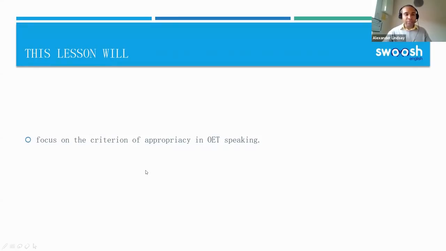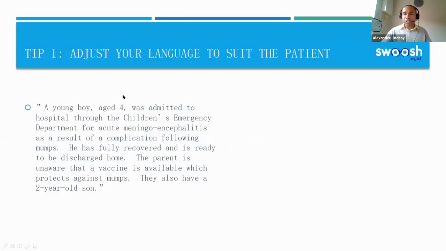So first of all then, a lot of you were saying, and it's a really good point. So putting this into practice, let's have a look at the description here of the caregiver on the role card. Take a quick read of it, and I want you to tell me in the chat, what do you think? What language here do you think would be inappropriate to use in the context of this interaction? So have a quick read. What can you see here that should be adjusted? What can you see that would very likely be inappropriate to use when addressing the caregiver in this case?